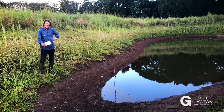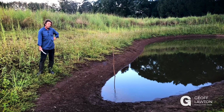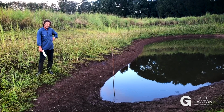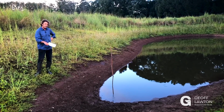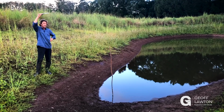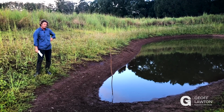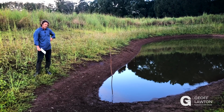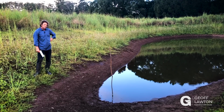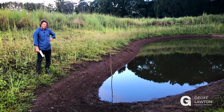Now, we've done this. We've brought clay into dams. It's quite expensive trucking all the clay in. We've sealed with bentonite. There are polymers you can put in the water when the dam's full. This dam fills in the rainy season right to the top and overflows, and then gradually goes down as it leaks out. But where clients have got us to put in the bentonite impregnated geofabric,